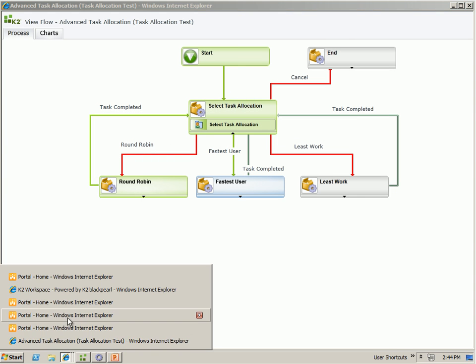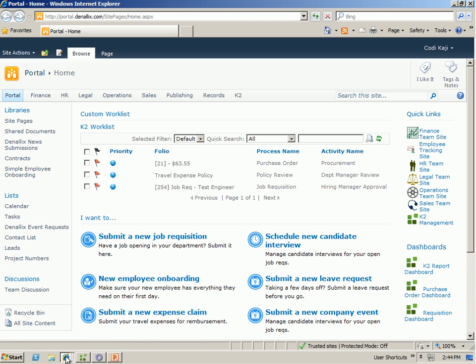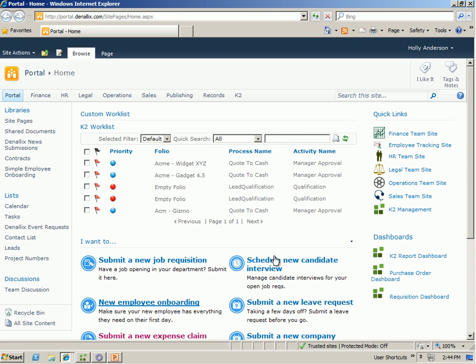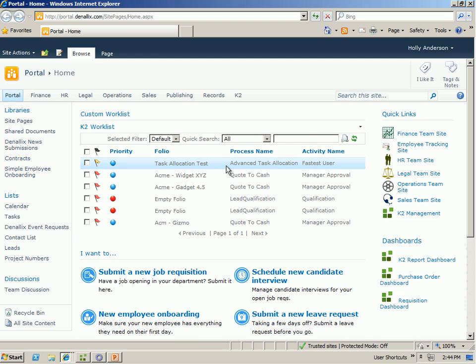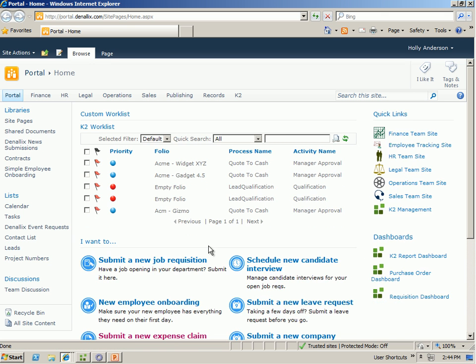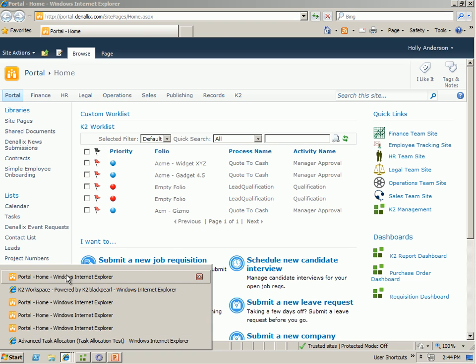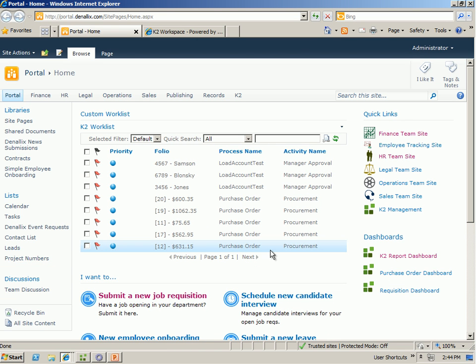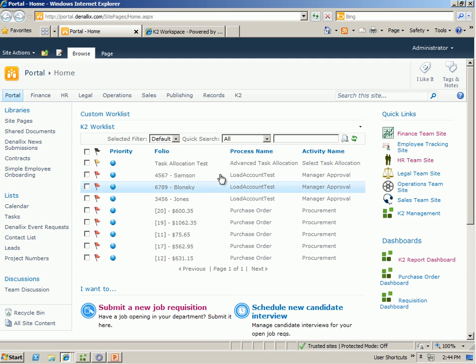So we can go in as Holly, refresh the work item, go ahead and take an action to complete this. And send it back to the administrator. Finally, we can take the